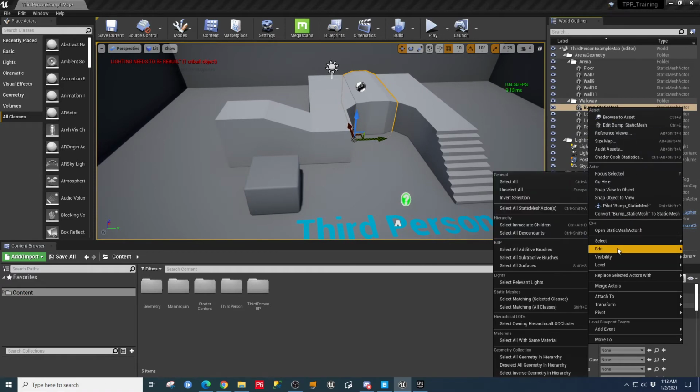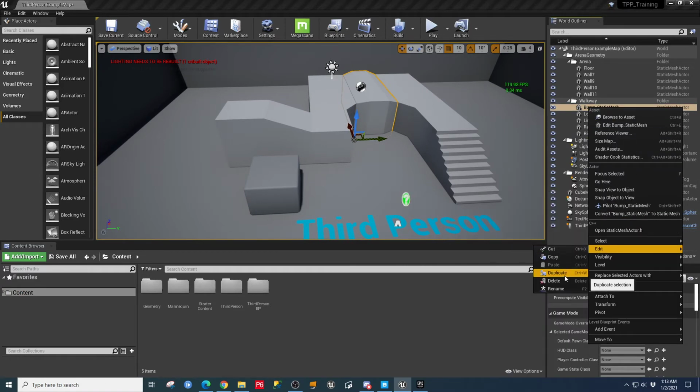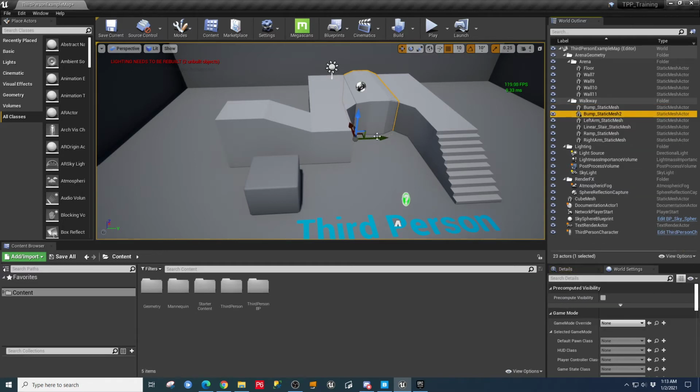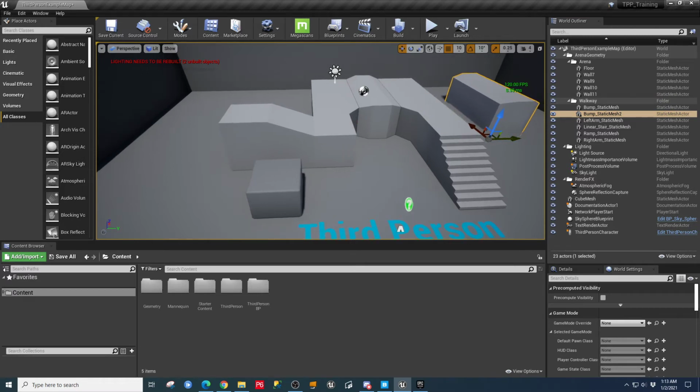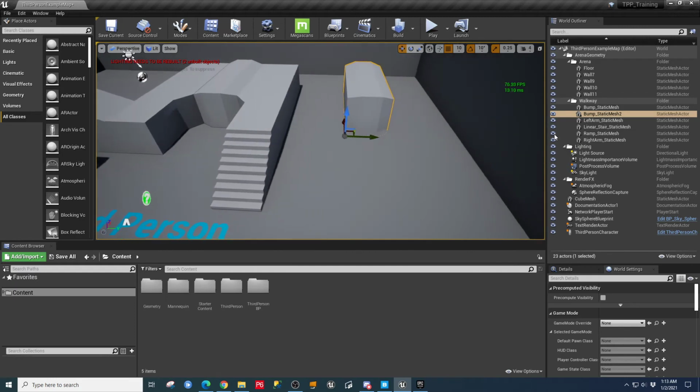You can right click in here and go down to edit. You can duplicate things. You can delete them, rename them. If I hit duplicate, you saw just briefly that it created another one of those. I can drag that off to the side. So if you have a thing where you're building multiple instances of something, you could either come down here and